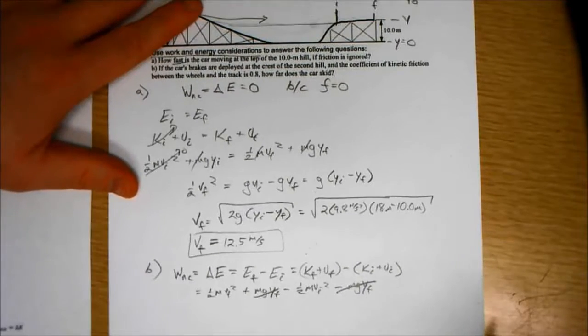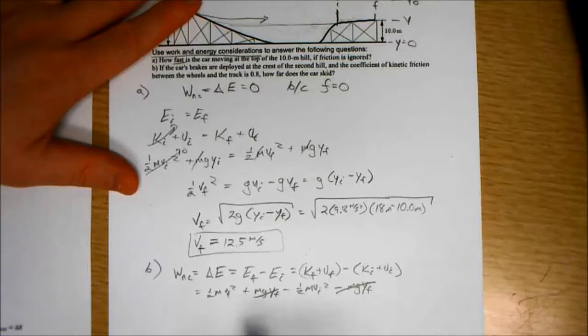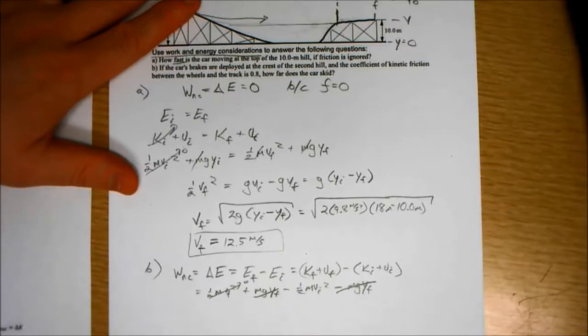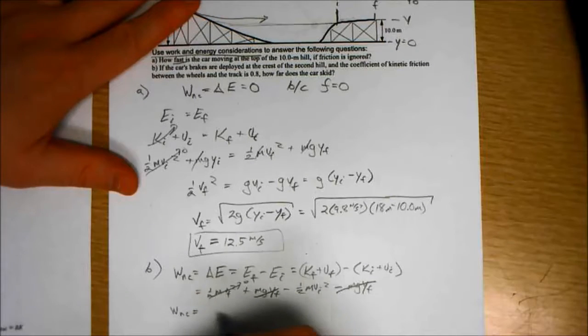So it's not that the potential energy is 0, it's just that the potential energy doesn't change, so it subtracts out. We also note that V final is 0, so the work from non-conservative forces is just negative 1/2